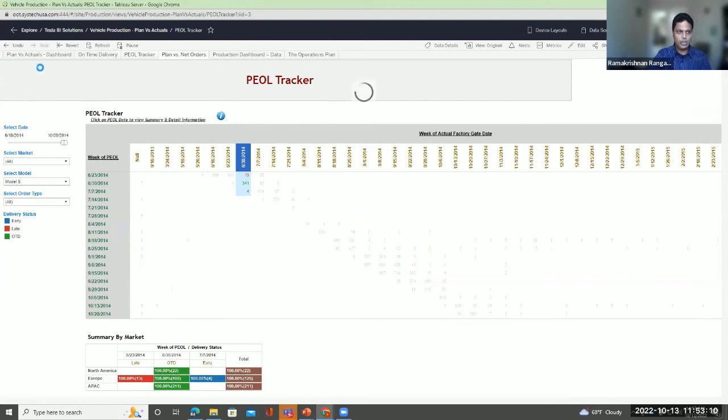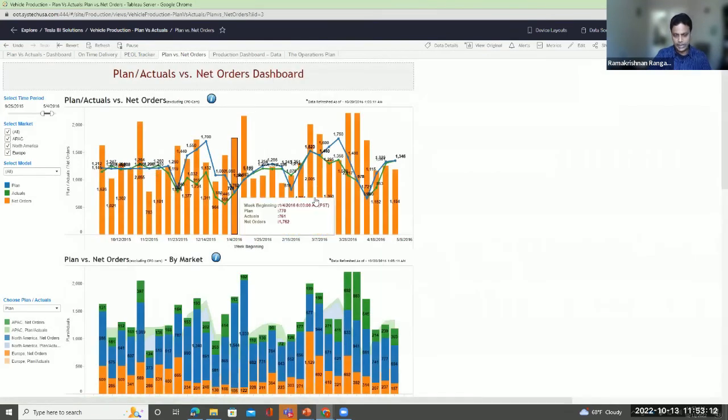One other comparison that you can do is comparing it against sales. We saw that we compared plans versus actuals, but here we also compare it along with the orders that we got. And as you can see, the orders are always higher. There is a great demand for these cars in the market. So this gives another view for production planning people, not only from the forecast and the backlog, but also keeping in mind how many orders keep coming in. And that will be a great insight for production planning people.